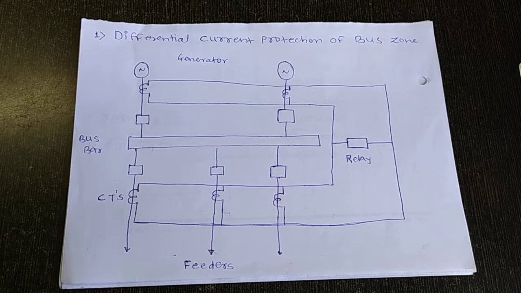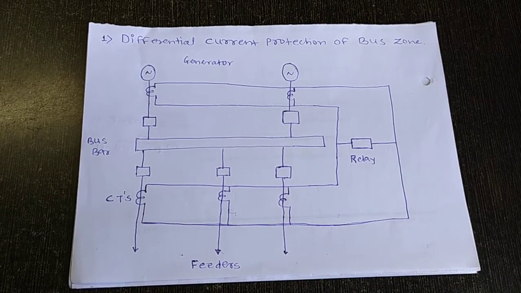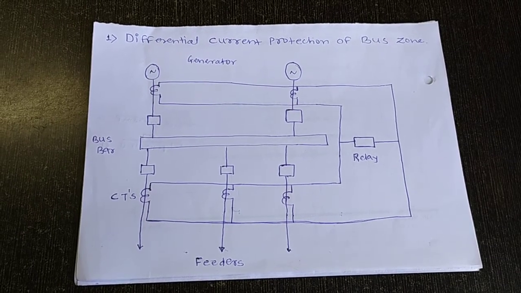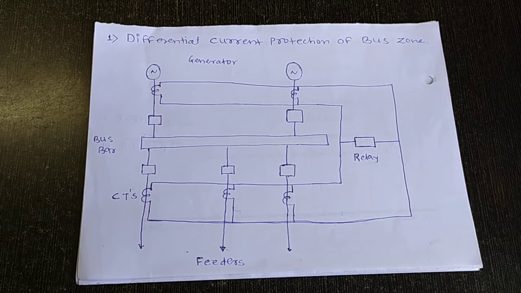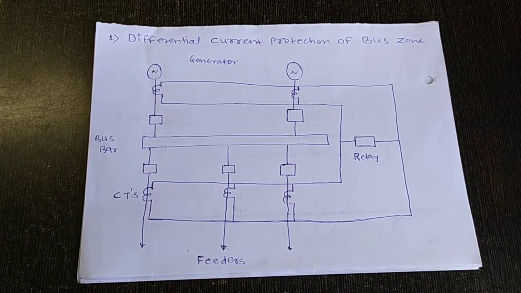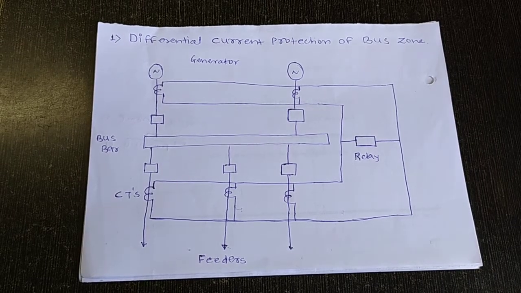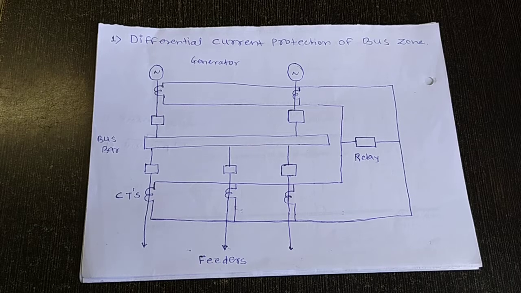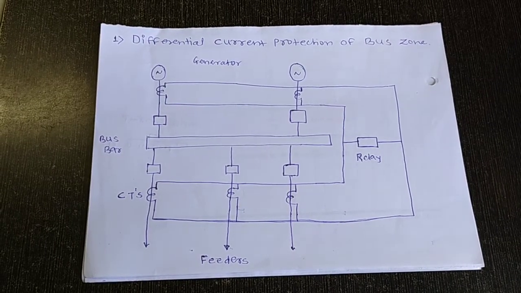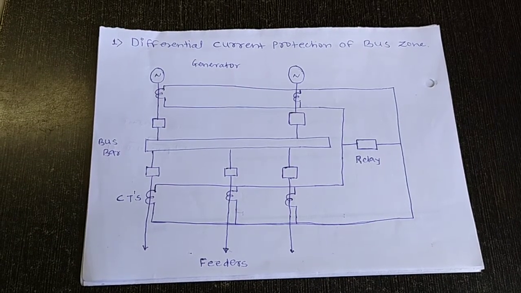The main drawback of this differential scheme is that the relay fails to operate for an external fault. This is due to the saturation of the CT in the faulted feeder. When the CT saturates, the output is reduced and the sum of all the CT secondary currents will not be 0. To overcome these difficulties, the high impedance relay scheme is used for the protection of the feeder.